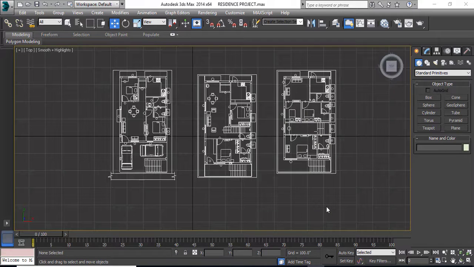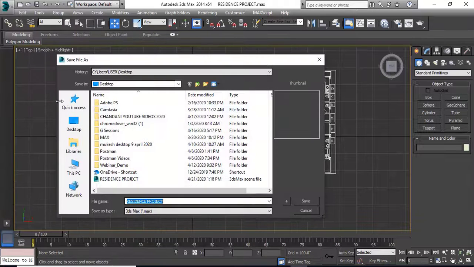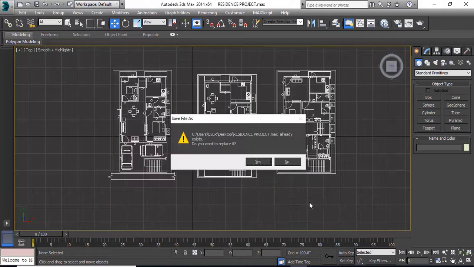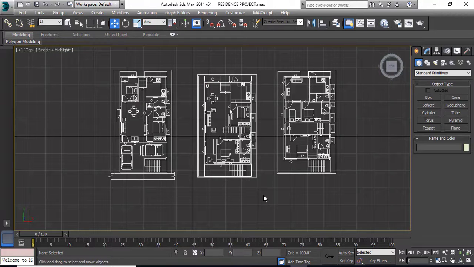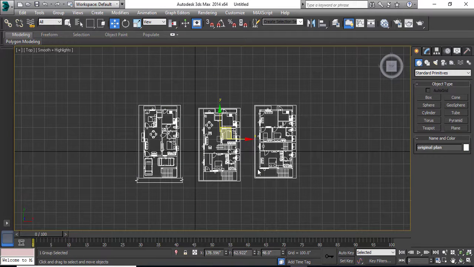So once you are done with setting your file, you have to go to this application menu and save your file. Save it in your required folder, give it a name and save. So this is how you save your file. So now your file is ready for your 3D. So there are three things to remember: you have to set unit before starting, you have to make a group, and before both of these you have to go to perspective and delete the 3D elements of your plan before starting.